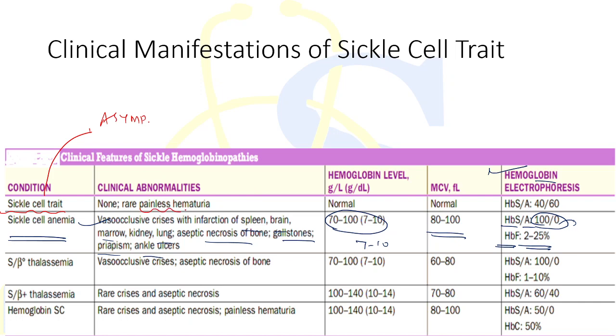Painless hematuria can be seen in sickle cell trait, and this occurs due to renal papillary necrosis, which can lead to painless hematuria, leading to isostenuria, and rarely there can be slowing of papilla,